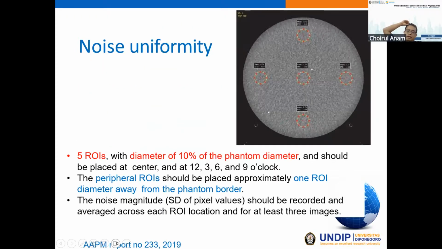As with the CT number, the noise in different locations may also be different. So it is important for us to measure the noise uniformity. For measuring noise uniformity, similar to measuring the image Hounsfield unit CT number consistency, we use 5 ROIs with a diameter around 10% of the diameter of the phantom